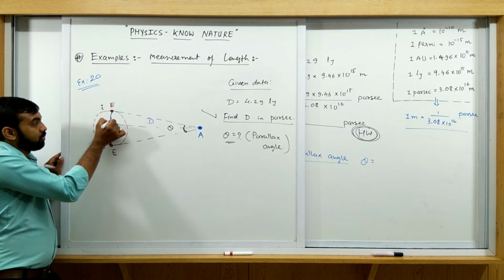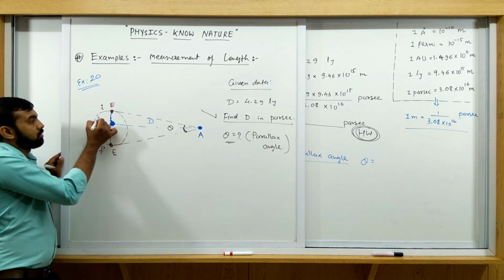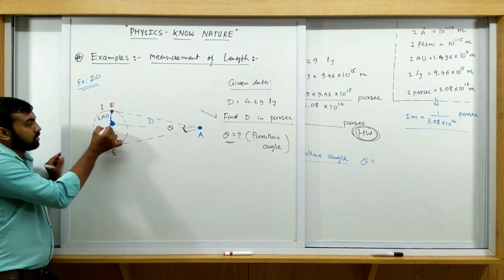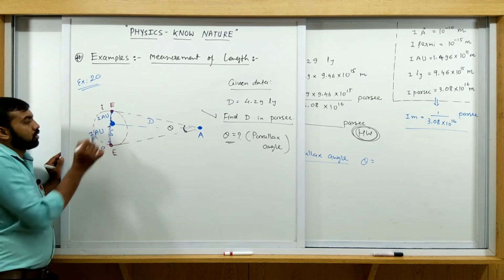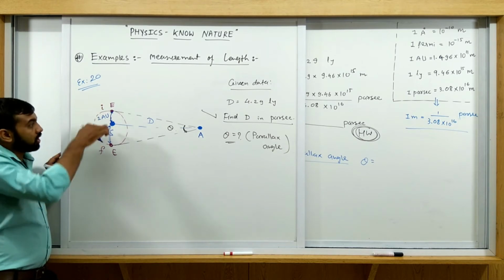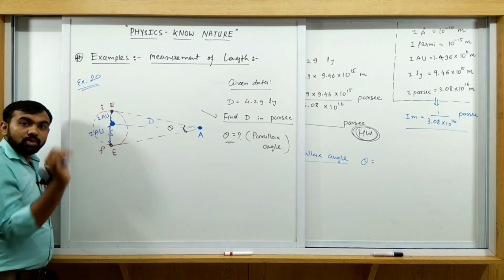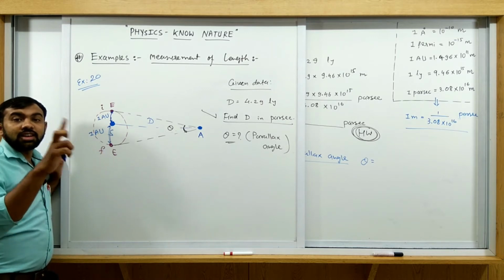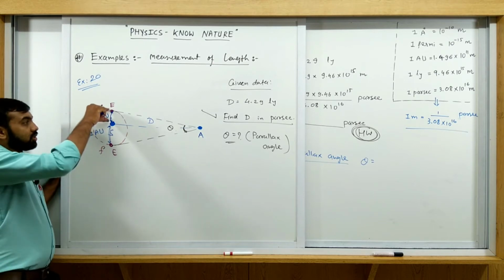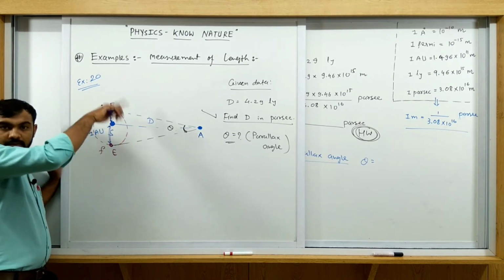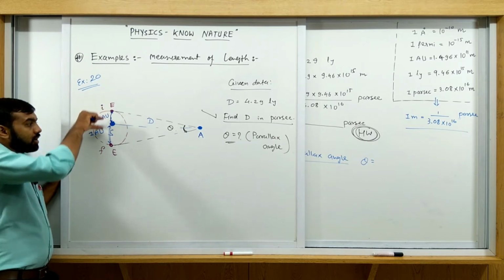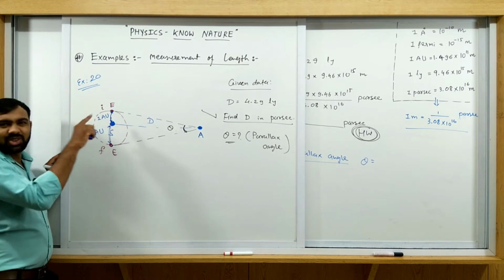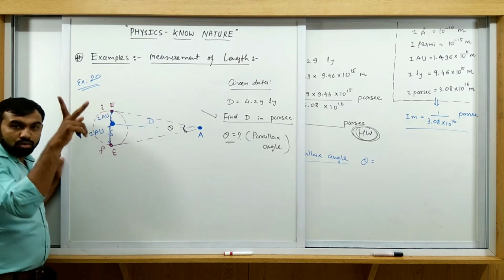So this distance is how much? This is the 1 astronomical unit, and this distance is also 1 astronomical unit. What is this total distance? So total distance is 1 plus 1, 2 astronomical units. Again, what is astronomical unit? Average distance between sun and earth. So this is just the radius of this orbit. So this is 1 astronomical unit, this is 1; this is just a drawing mistake. 1 and 1, 2 astronomical unit.